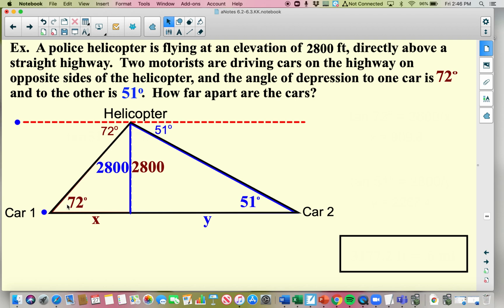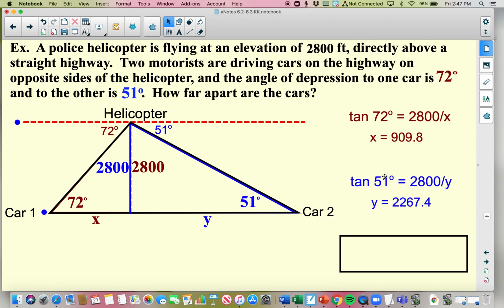So starting with car 1, this little triangle here, they are both right triangles. I can use the 72 degrees and set up a tangent ratio with that again. So tangent of 72 is opposite 2,800 over X. Okay, and I think you can solve this, make sure you're in degree mode still. I multiply the X over and divide the tangent over, and I got 909.8 feet. Do the same thing for car 2. Tangent of 51 is opposite 2,800 over Y. And then multiply the Y over and divide the tangent of 51. And I got